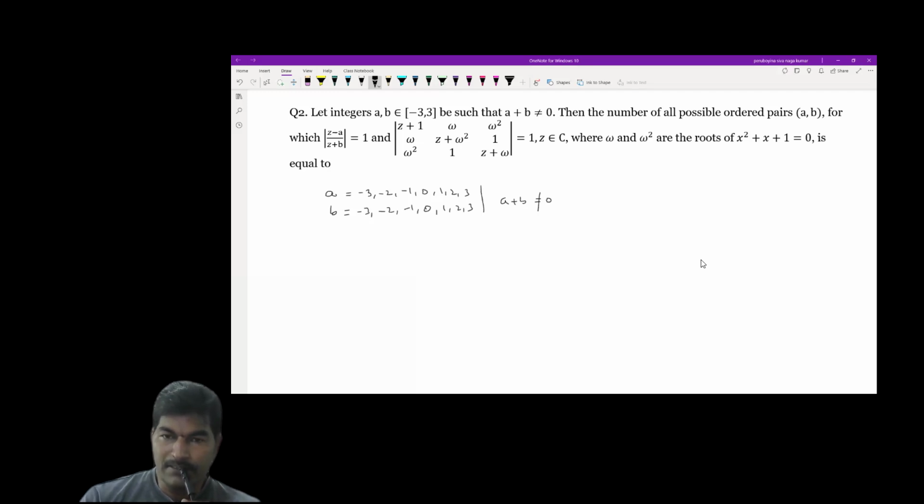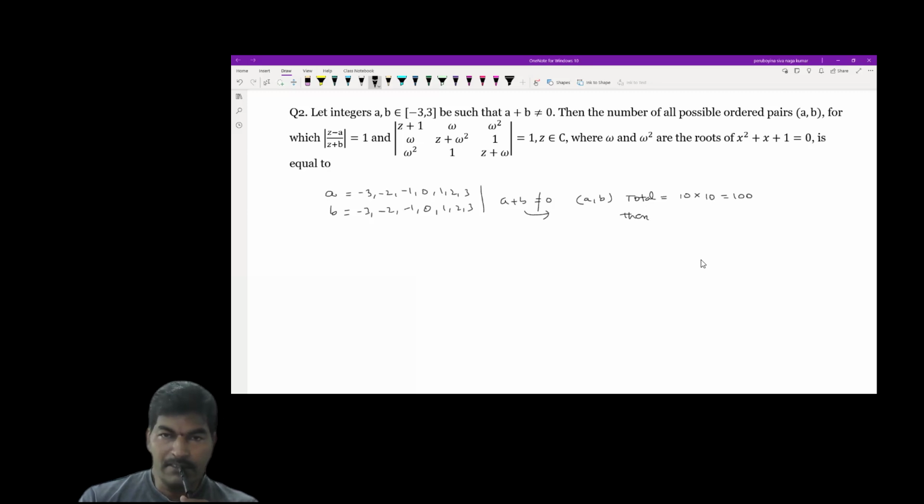Here there are 10 elements, and each element can be mixed with all the 10 elements. So 10 times 10, 100 possibilities are there. 100 ordered pairs you can create using A, B. Total ordered pairs you can create: 10 elements you can combine with the remaining 10 elements. Total is 100. But if you mix with this condition, A plus B not equal to 0, then how many